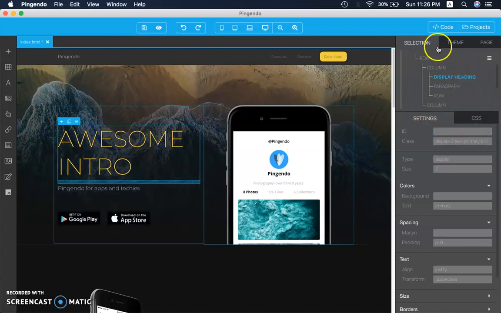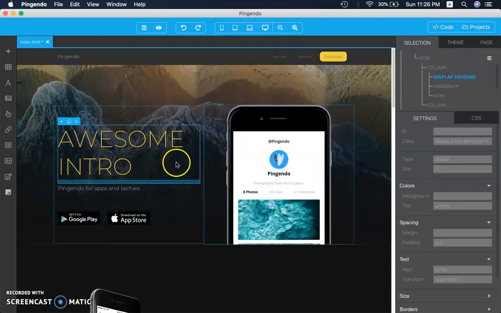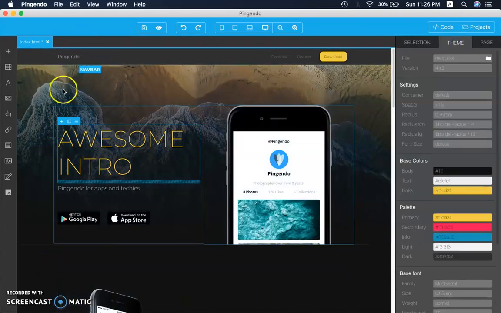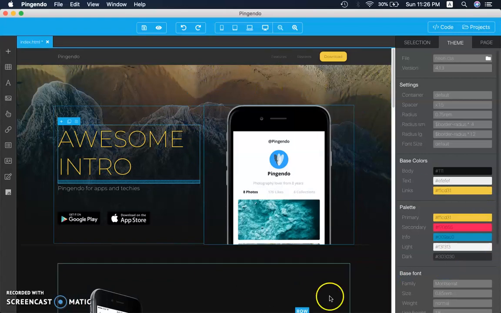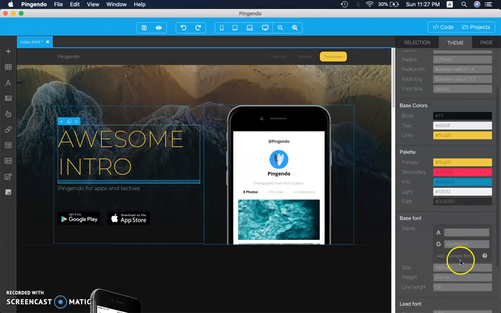Over here you see 3 tabs. You can see the selection tab, theme tab, and page tab. Basically the selection means wherever you selected, you can do the setting, margin, padding, and so on. As for the theme, it is the entire project theme, the page theme. So you can change all the colors. But the key is you have to get the hexadecimal value of a particular color. And font family, you can add Google font,